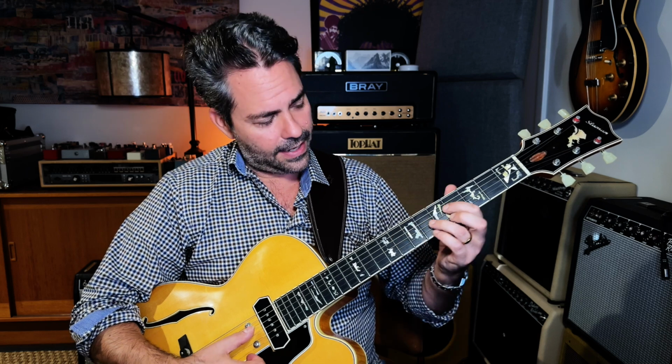I'm going to change my string set and move to the top 4 strings here. Up a half step, up a whole step, up a half step, and then he turns around and starts coming the other way. So down a half step, down a whole step, and then he moves down a minor third to E diminished. What we get is this. We get C diminished, C sharp diminished, E flat diminished, E diminished, F sharp diminished, G diminished, A diminished, B flat diminished, A diminished, G diminished, E diminished, and then it's followed by a